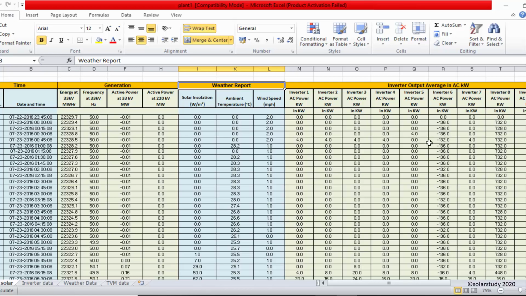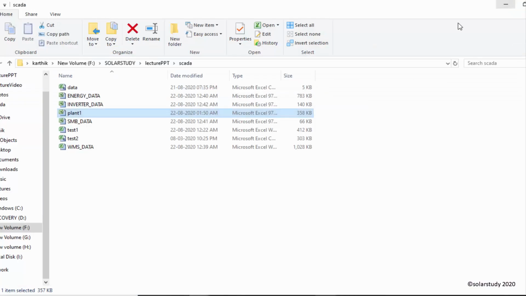Now let's go to another plant's SCADA data and see what it contains. This is a data acquisition system whose manufacturer has designed the interface like this. There may also be different types of interface. According to the interface there will be a different type of acquisition system.